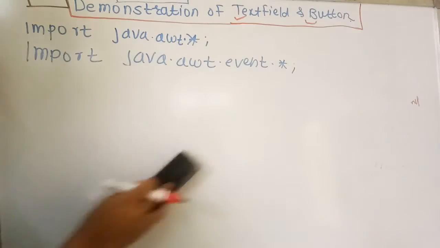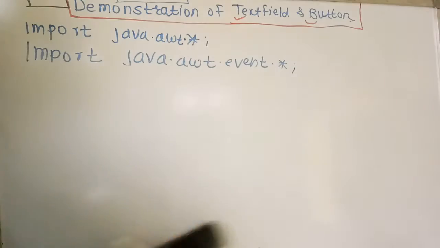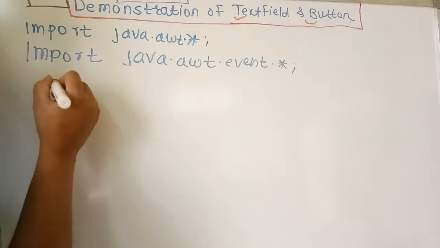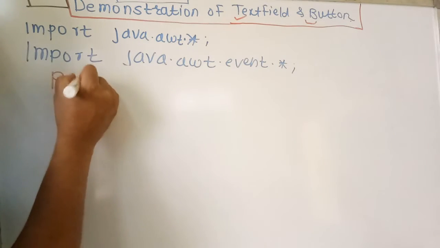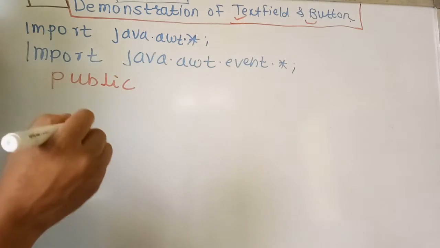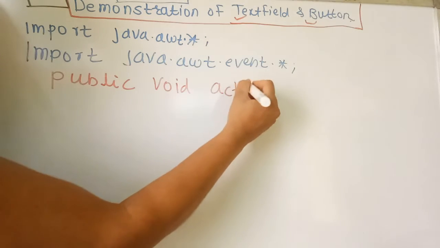As I am rewriting all this data from the blackboard, you have to write it sequentially, one by one. Now, what is the main method to handle an action event? It is a standard method, that is public void actionPerformed,